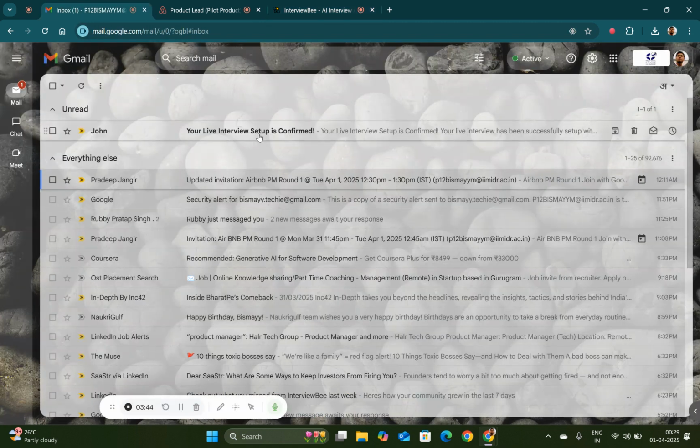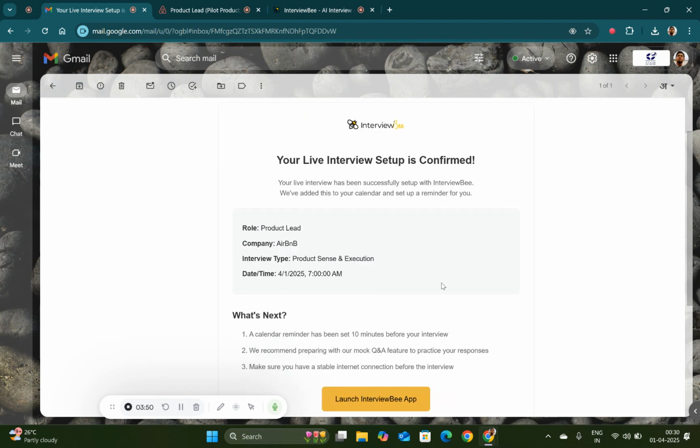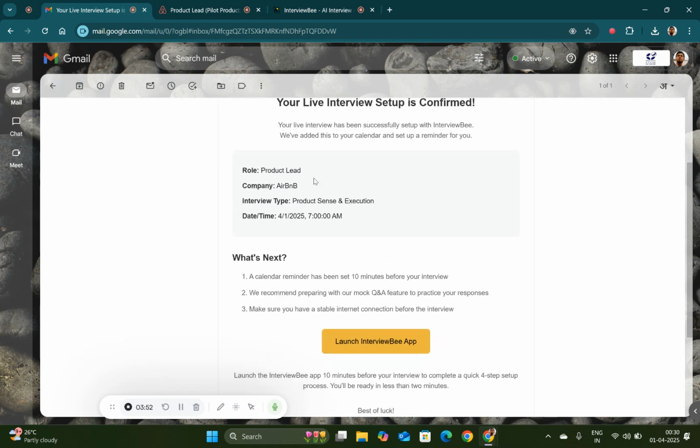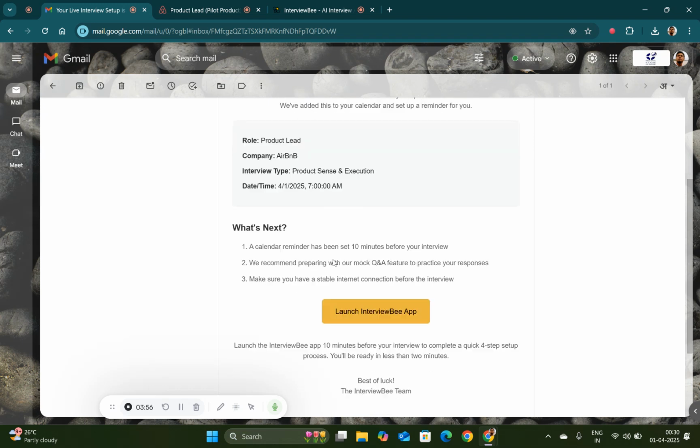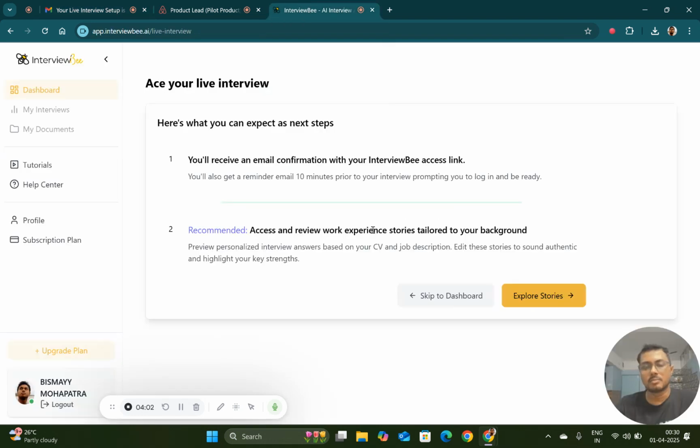So you'll go to the email, and I can see from John, I've received this live interview setup confirmation, the role, the company name, and interview type and date time. Right. I have a CTA button where I can go and log back in, or switch back to the tab. Right. The next step is a very recommended step that we would definitely need to do,